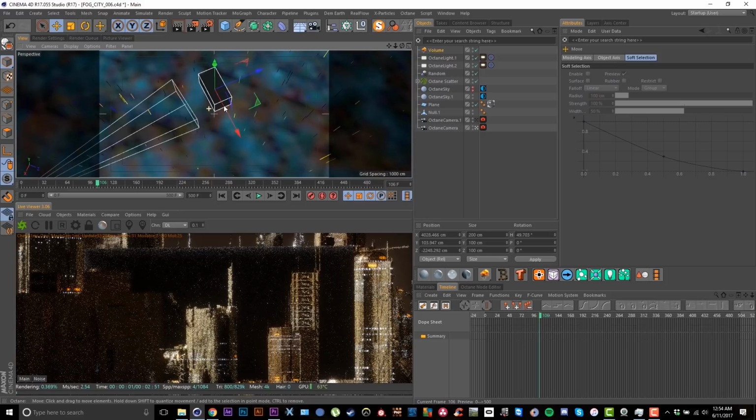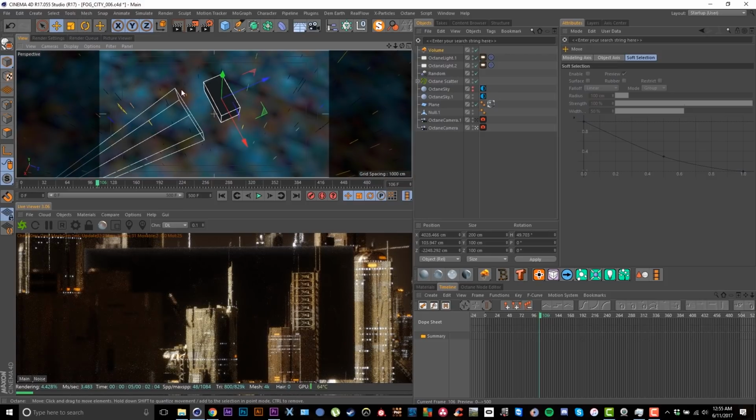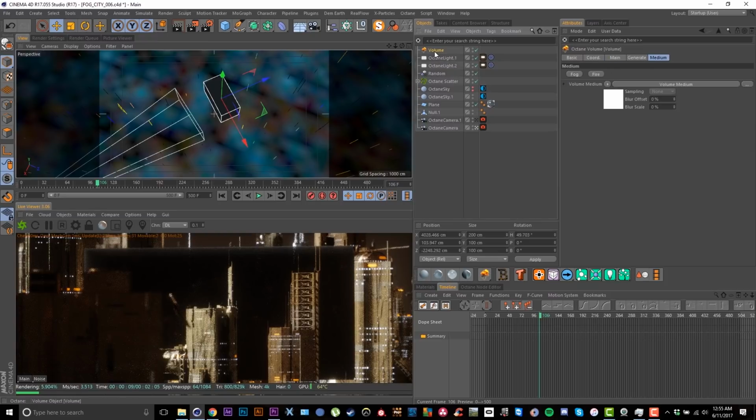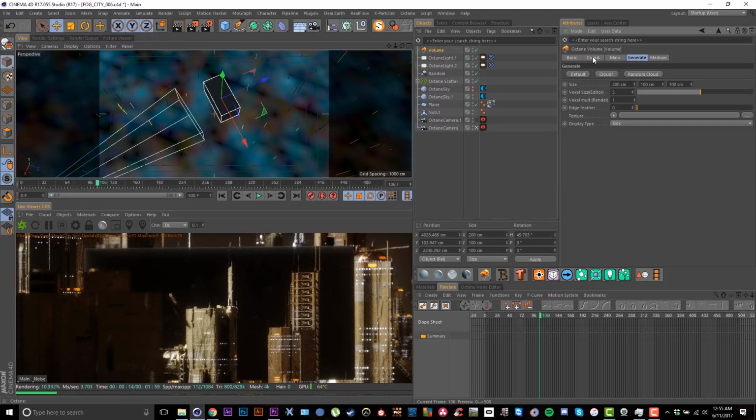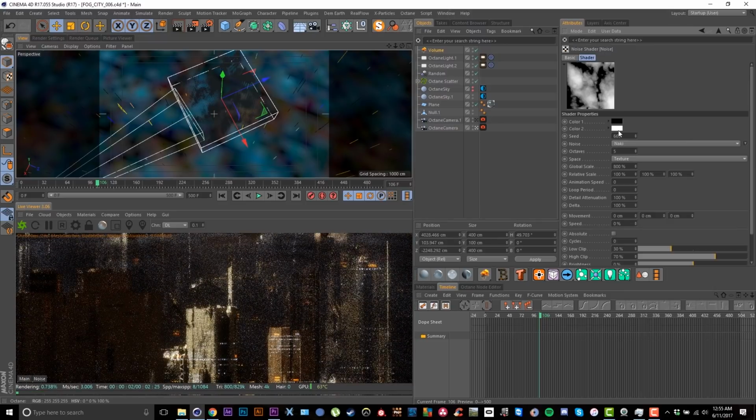Okay, so this is an actual volume object. Essentially, it's like subsurface scattering. It's basically a subsurface scattering box, but it can be controlled by a noise. So if you come in here, the easiest way to set it up is to click on this cloud one, and that will load a default Cinema 4D noise in here. It starts with Naki,